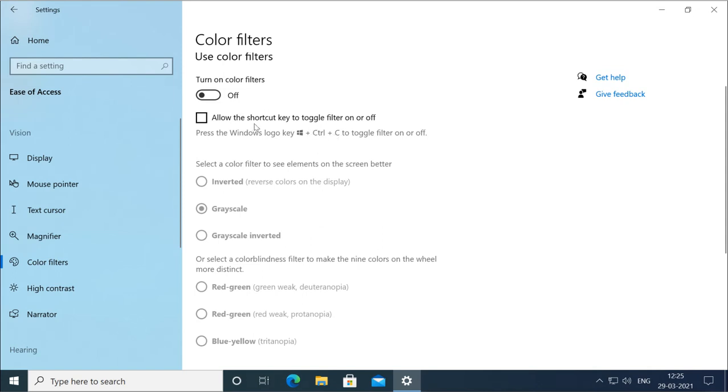Allow the shortcut key to toggle filter on or off. So you enable it from here, then you can use this key to enable or disable this filter.